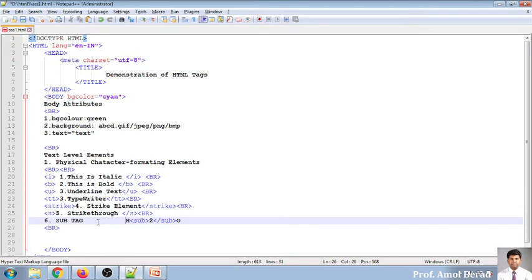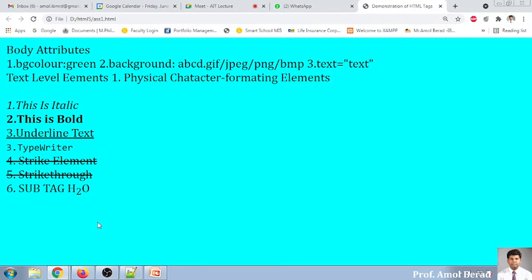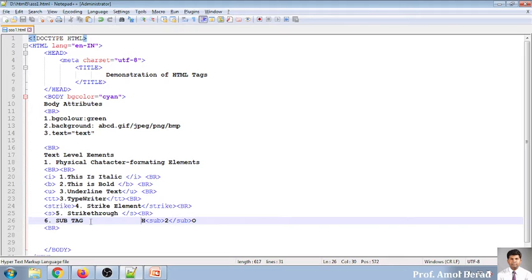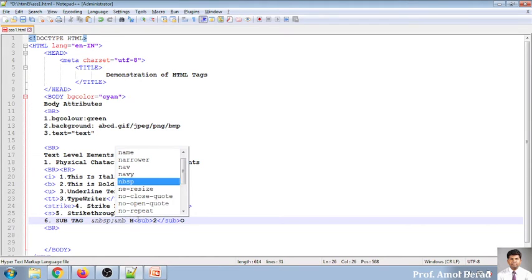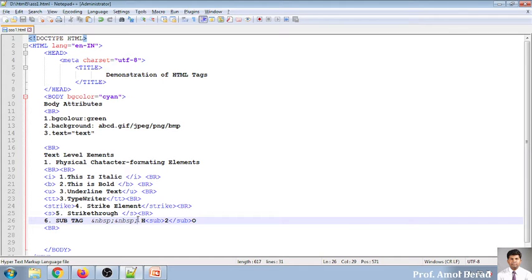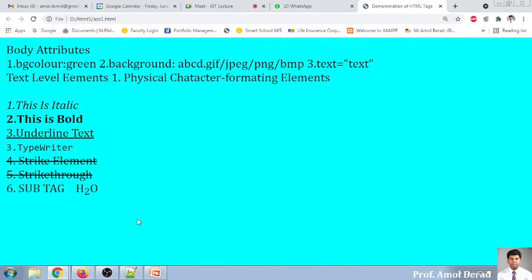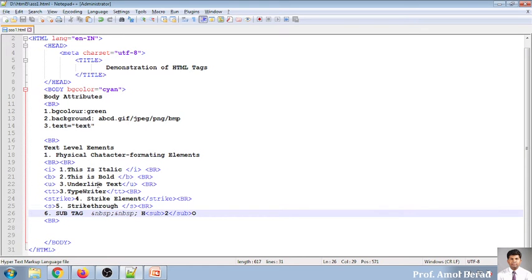If I put a space like this, and when I save and run it, nothing will happen, because applying a space is not like this. If you want to apply a space, use ampersand NBSP and a semicolon. If you want more space, ampersand NBSP semicolon again. These two spaces will come inside, and then the output will be displayed. So see this. Space is occupied. So ampersand NBSP is used for giving a space.